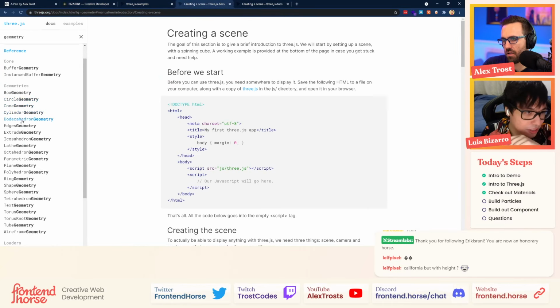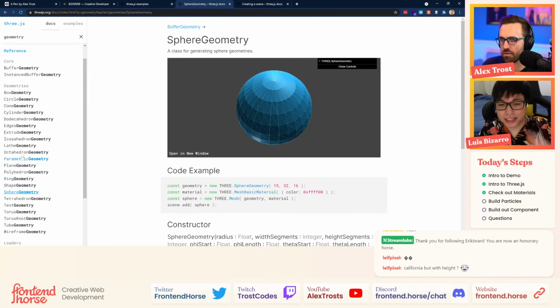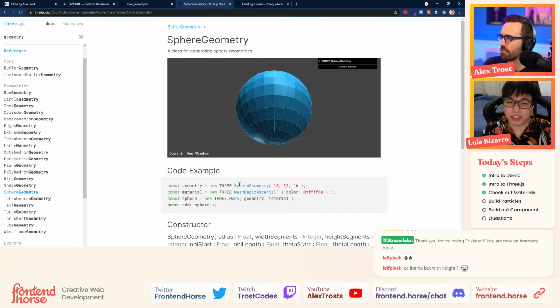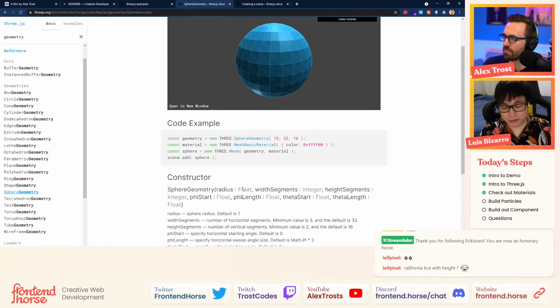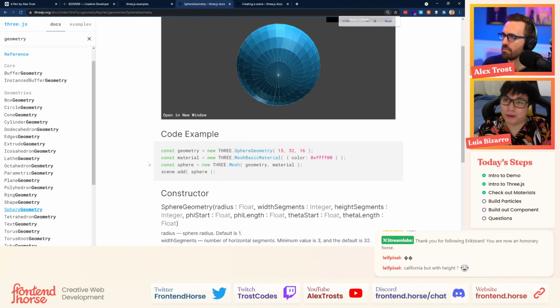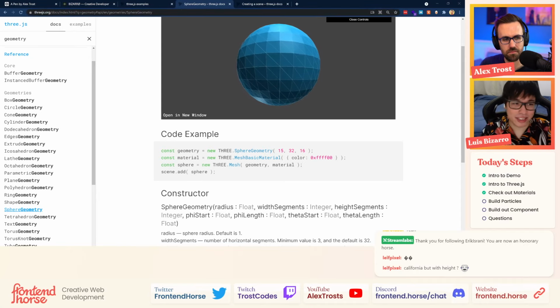If you search for geometry, we have a bunch of them. Box, circle. We're going to use the sphere. As you can see, it also shows the code example of each one of the geometries and how you can apply that. When I was starting, it was hard for me to understand how to find things properly, but I think everything is more organized nowadays.